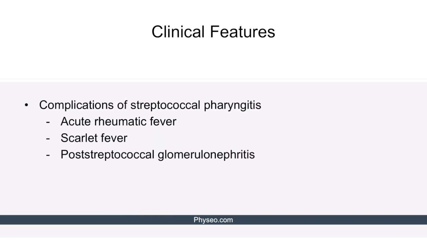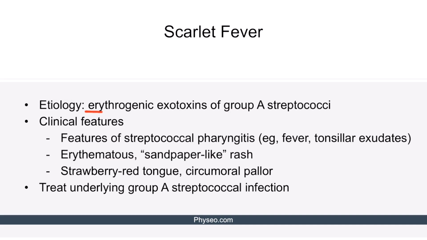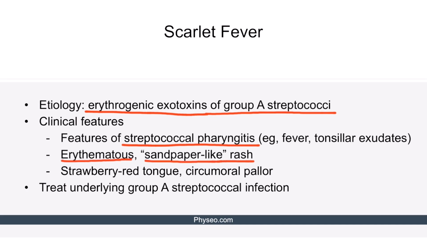Let's now discuss the next notable complications of strep pharyngitis: scarlet fever and poststreptococcal glomerulonephritis. Scarlet fever is caused by erythrogenic exotoxins of group A streptococci. The clinical features of scarlet fever include features of streptococcal pharyngitis, such as fever and tonsillar exudate, an erythematous sandpaper-like rash, which we'll show in greater detail on the next slide, and findings of strawberry red tongue and circummoral pallor on physical examination. Since scarlet fever is a complication of strep pharyngitis, the treatment is to treat the underlying group